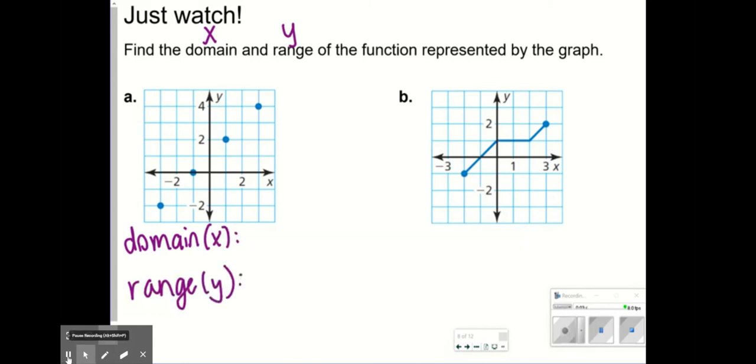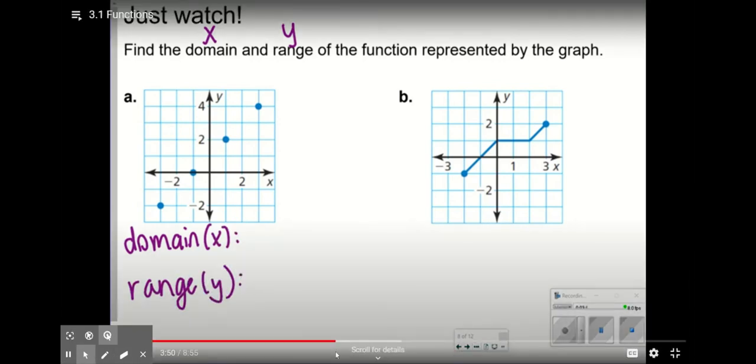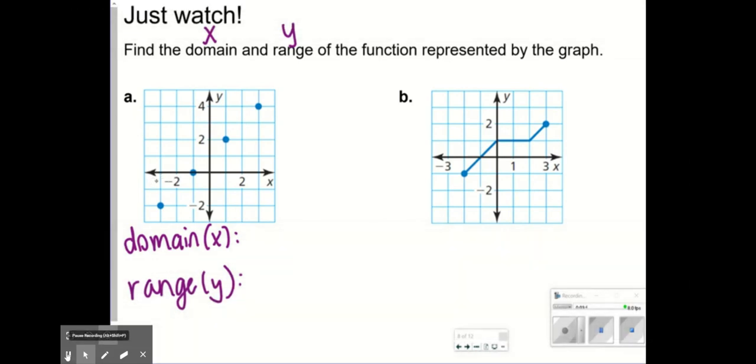All right, so in this one, there are only a few certain dots that we're going to use. So the domains we're going to use, remember, on the x-axis. So I see a -3 right here. I see a -1. I also see a +1 here. And I also see a +3. Okay, for the range, you're just going to focus on the y values. So the range, we have a -2, a 0, a +2, and then we also have a 4. Okay, so those